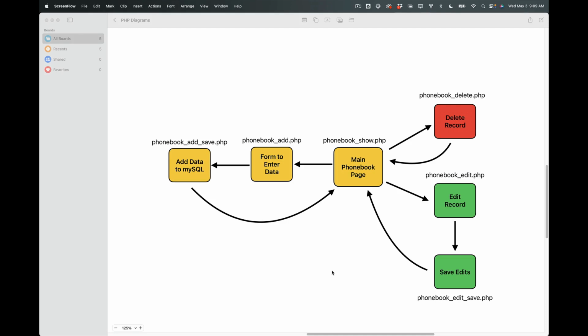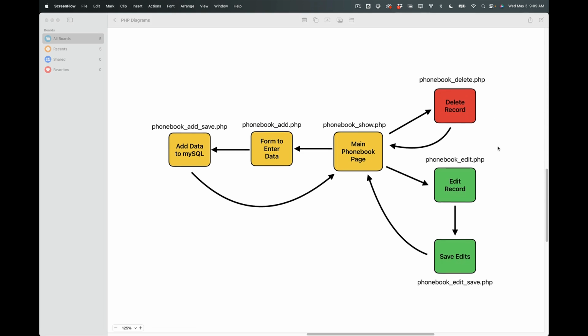Okay, so now that we have created a phone book application that writes data to a database by adding a new record, we will work on the two final pieces of this project, which are the ability to delete a record and the ability to edit a record. The delete record usually just requires one file, although you can do it a number of different ways. This one doesn't provide any confirmation of the deletion before it deletes it. It just deletes it on first click, which is a little bit dangerous,